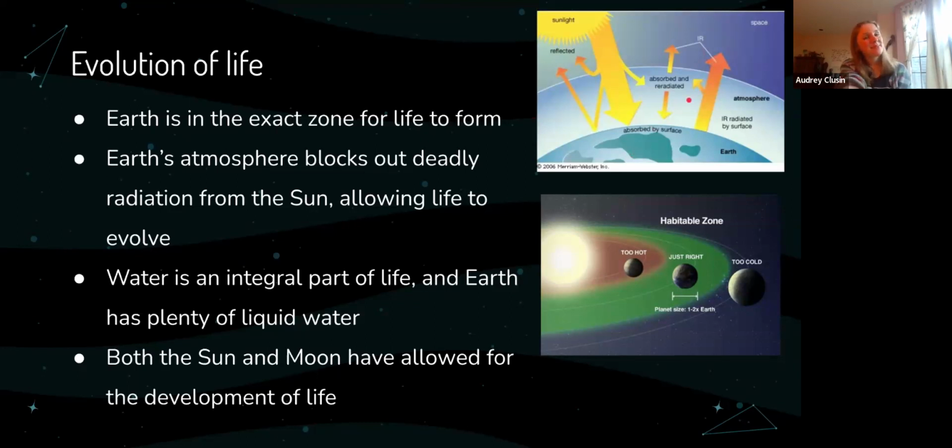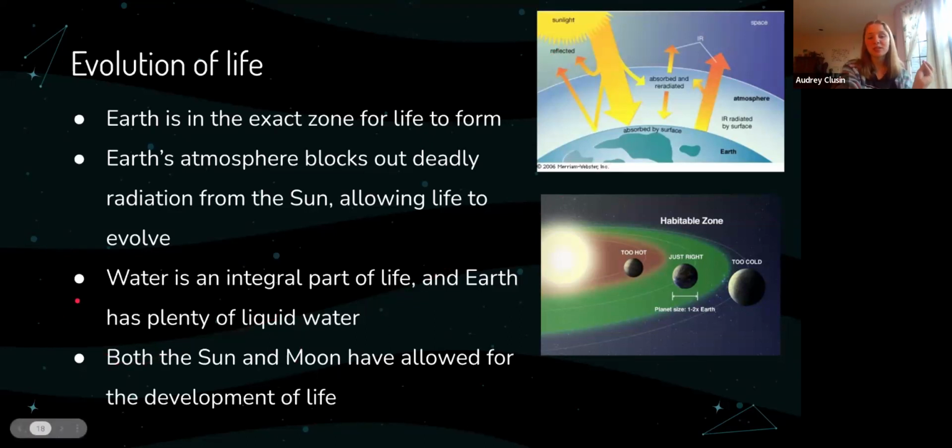Also, global warming has been happening recently. Carbon dioxide has been thickening the atmosphere and not allowing as much light out, which is why energy in the form of heat has been building in the atmosphere and why our planet is getting warmer. Anyway, that is a thing. I think I have a slide about it. I don't have a slide about it. Never mind. That's an important thing that is happening to the atmosphere.